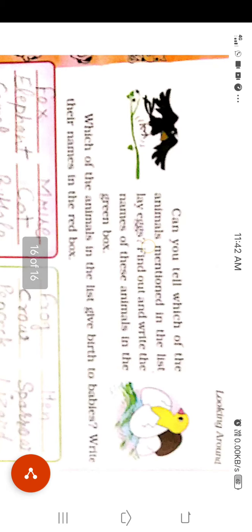Here what you have to do, can you tell which of the animals mentioned in the list lay eggs? You have to write the names of the animals that were mentioned in the list. So you have to classify the animals that lay eggs. Find out and write the names of these animals in the green box, and the animals in the list that give birth to babies, write their names in the red box.